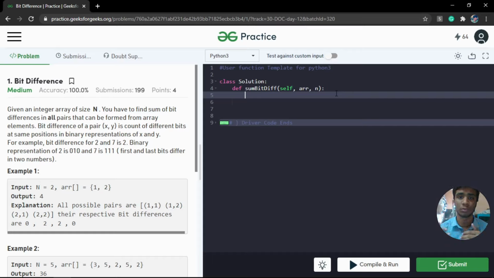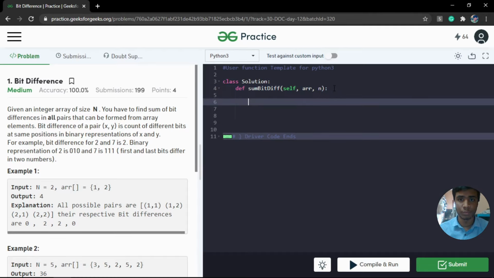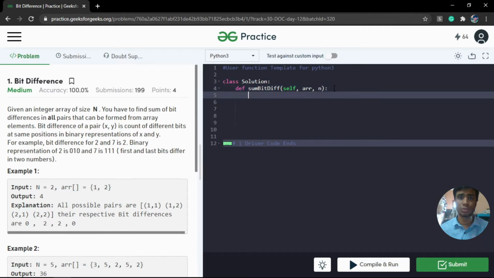For example, if I have n oranges and m apples, then m into n is the number of pairs that I can form using these apples and oranges, right? The same way we are going to count the number of zeros and the number of ones, and by that we can simply understand how many mismatches of bits are happening, and we are going to update the global answer after every iteration, right? So this is the approach behind this problem, and many articles and many sources say that this question was asked in a Google interview. So this is a nice problem to solve.